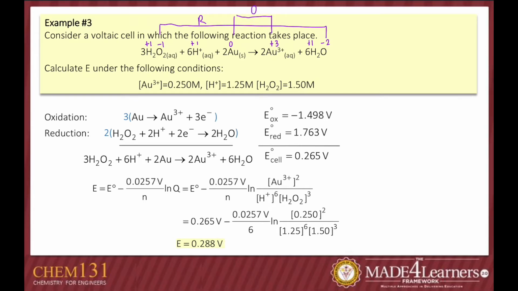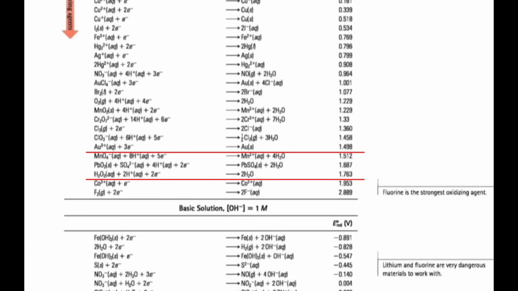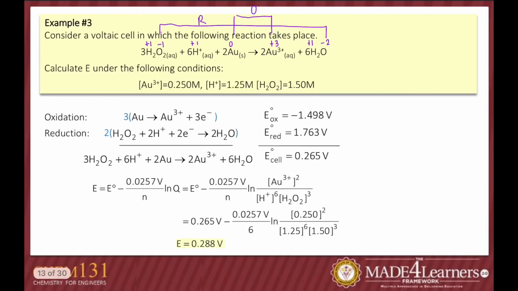So we are going to find the half reactions from the table. So looking at the table, we can see that gold here, so make sure that you look at the oxidation number properly. So it's Au3+, and the standard reduction voltage is 1.498, and for hydrogen peroxide, it's 1.763. But since gold undergoes oxidation, so it is reversed, so it becomes negative 1.498, and as is for the hydrogen peroxide. So adding the two, we get the standard cell voltage, which we're going to